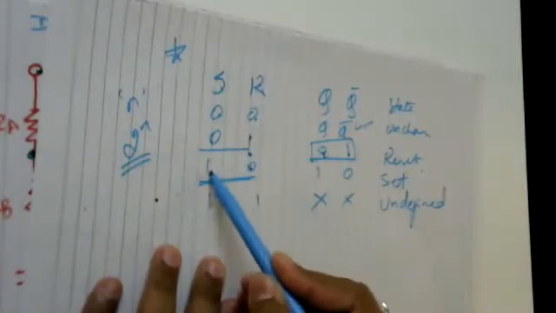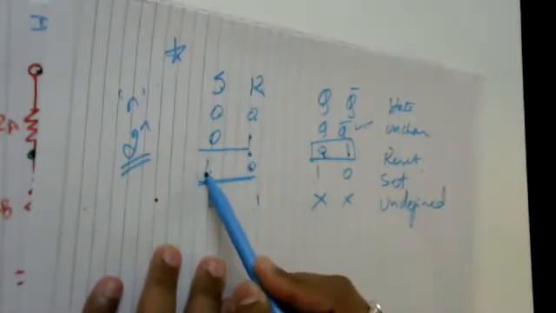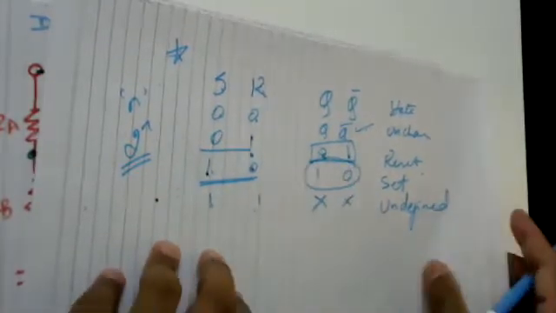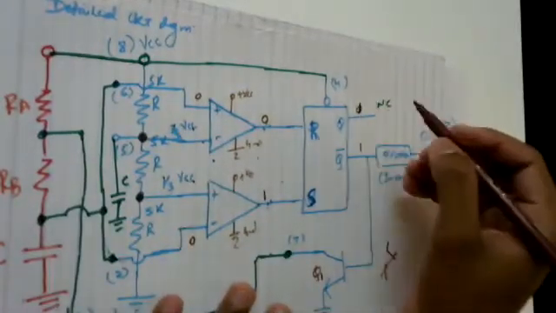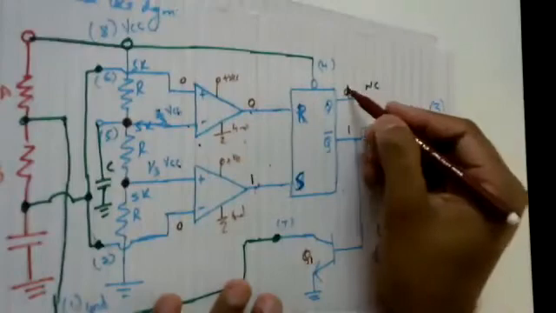Now when R is equal to 0, S is equal to 1, we know the truth table that we have defined. In case of our truth table, when R is equal to 0, S is equal to 1, what's the case? 1, 0. It means that the output on this flip flop will be 1.